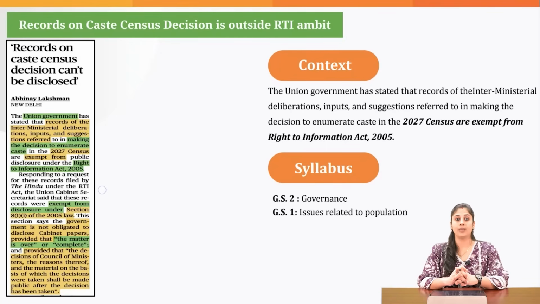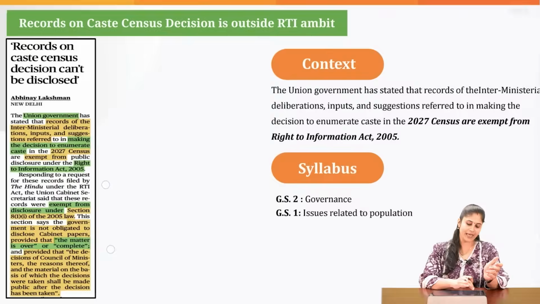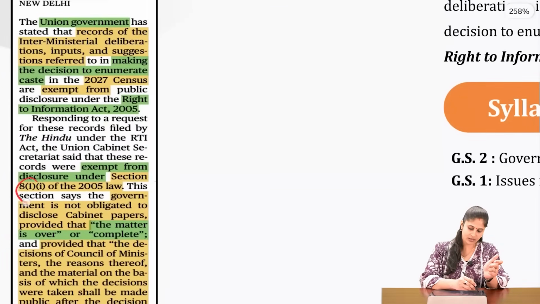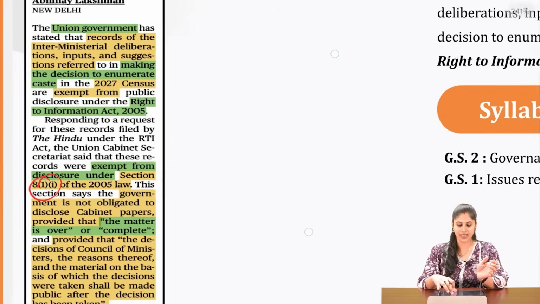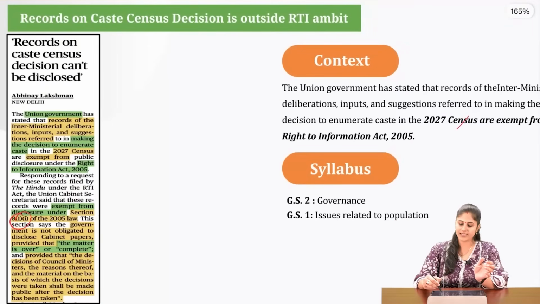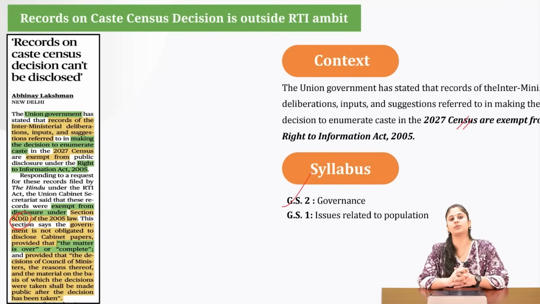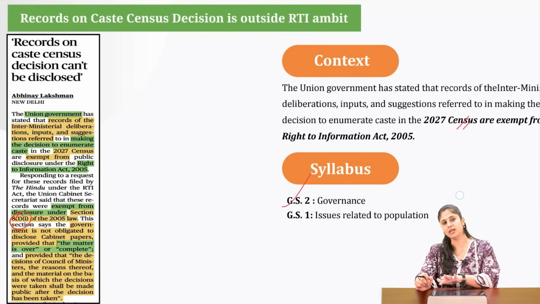carried out. But the union government, citing Section 8, clause 1, subclause (i) of the RTI Act, stated that such information is outside the public domain. Okay, we are not allowed to disclose such particular information when it comes to the RTI Act. It stated that this is exempted from the ambit of the RTI Act. This particular topic you can associate with GS Paper 2 governance as well as GS Paper 1 issues related to